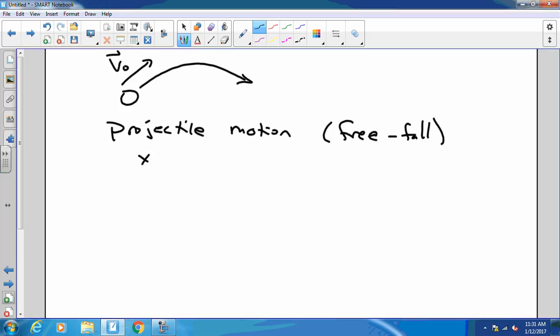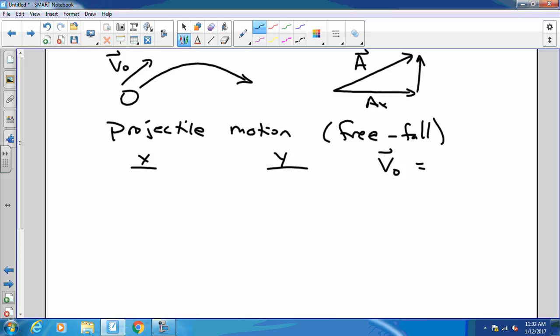And the way that we handled it was to split our motion up into x and y components. And to do that, we needed to take our initial velocity and put it into components. So let's take a minute now to talk about how components for any vector work. If I have a general vector A, I can resolve that vector into two components, ax and ay. And if I express that vector A in terms of magnitude and angle, then its components are going to be ax is equal to a times